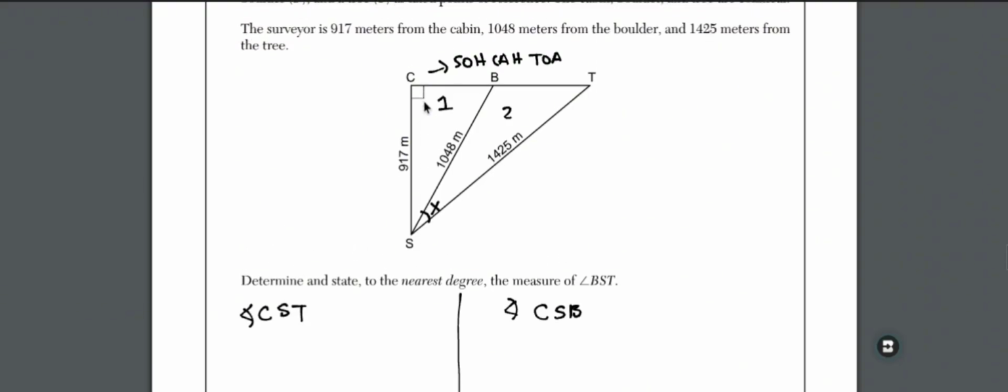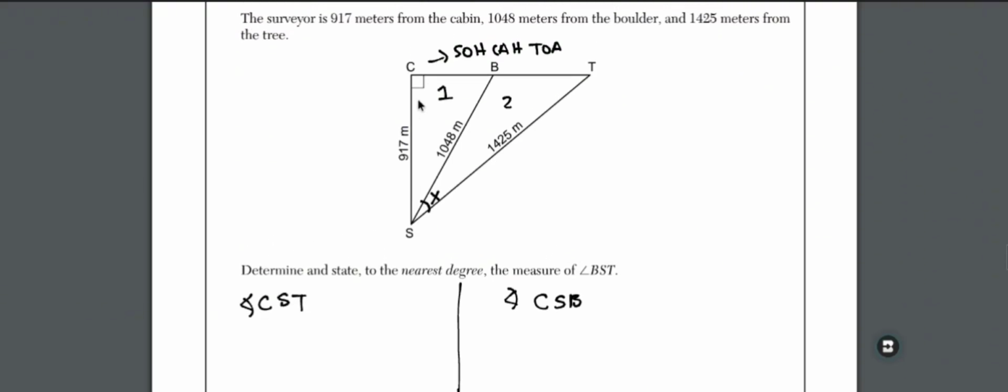I can determine the measure of angle CST, and I can determine the measure of angle CSB. Haneen, how? So, here's what I'm told. I'm told that the surveyor is 917 meters from the cabin, and 1,048 meters from the boulder, and 1,425 meters from the tree. So if I focus on triangle number 1,